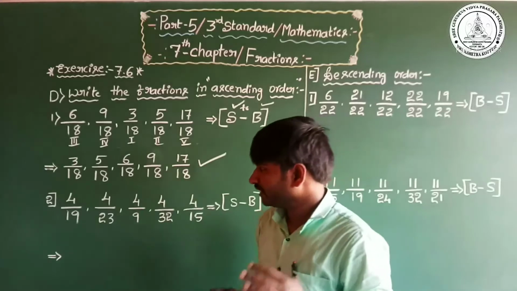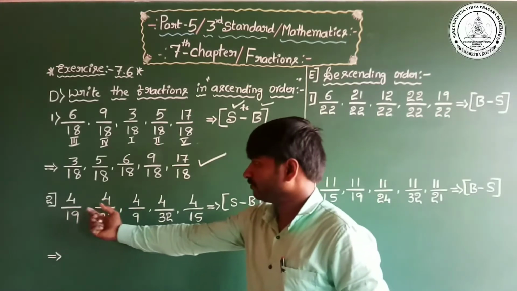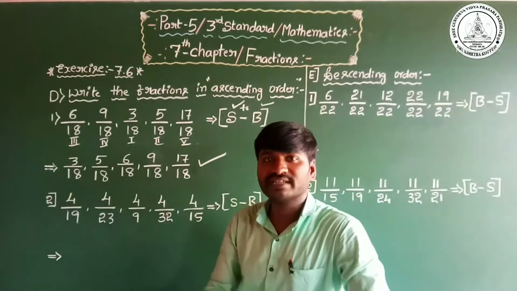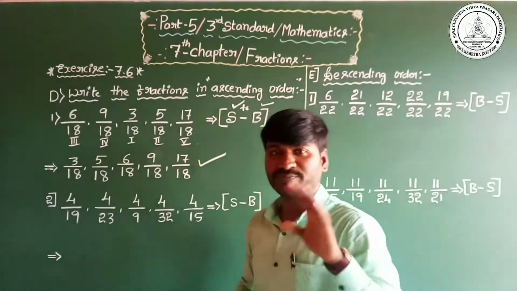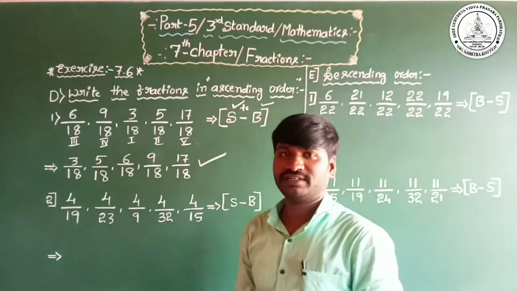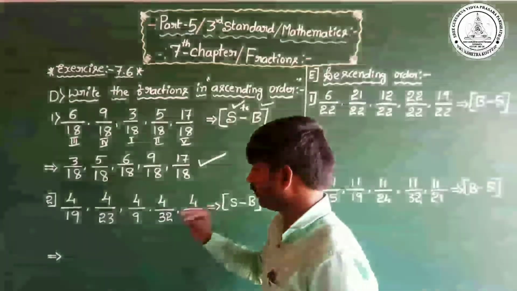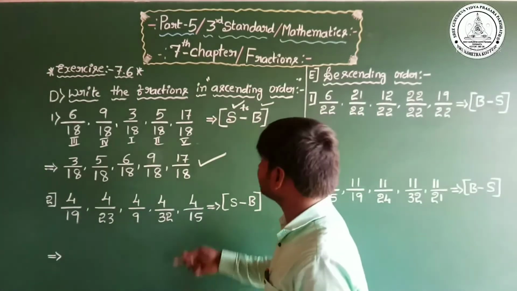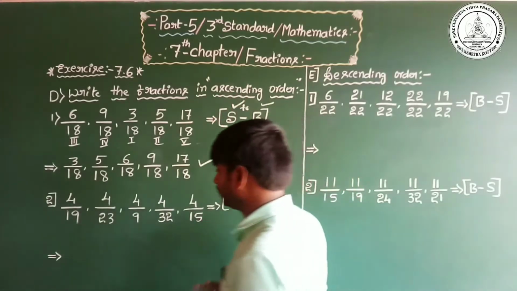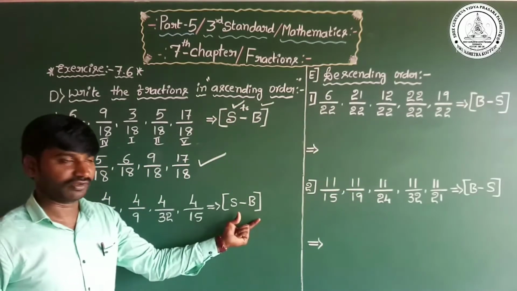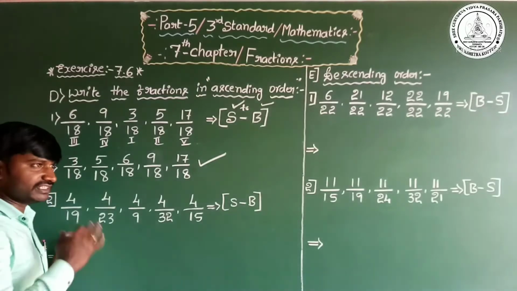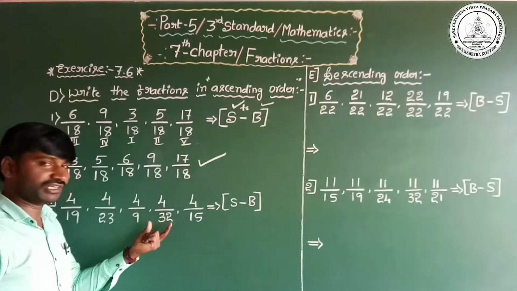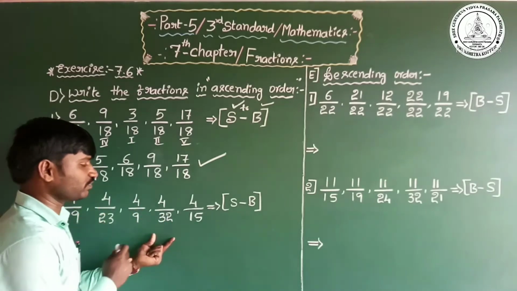Yes, dear student, likewise, when the numerators of the given fractions are the same, the fraction whose denominator is bigger is the smaller fraction. So now you find out which is the bigger fraction and which is the smaller fraction. Then next you arrange in ascending order. You know the method of ascending order is smaller to bigger. So in these fractions the numerator is the same, and the fraction whose denominator is bigger is the smaller fraction.